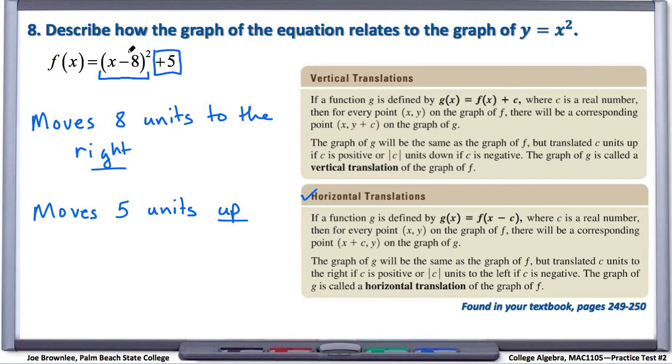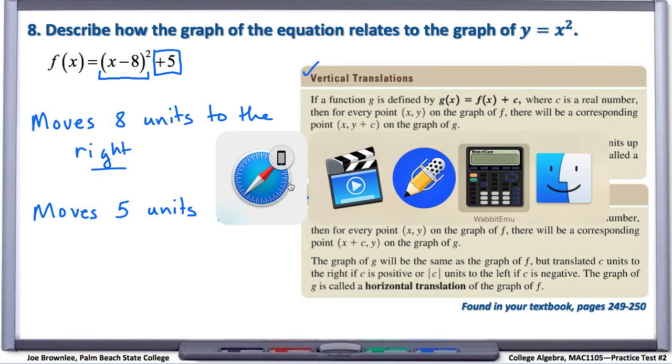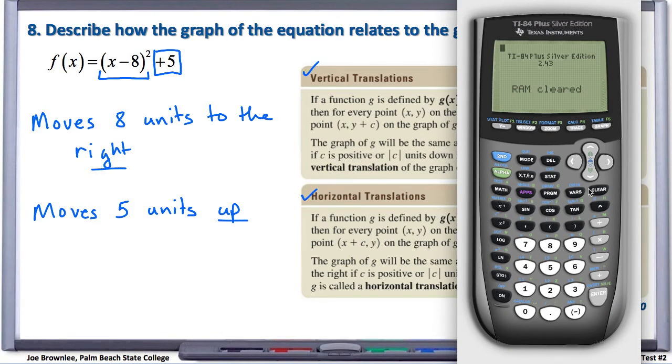And similarly with our horizontal translation, if this was x plus 8, we would say the graph moves 8 units to the left. So again, horizontal translations do the opposite of what's indicated, and for vertical translations, you do what's indicated. Let's look at this visually. We'll check that off, we accomplished our vertical translation. This wasn't called for in the directions, but it's always nice to take a look and see what's happening visually